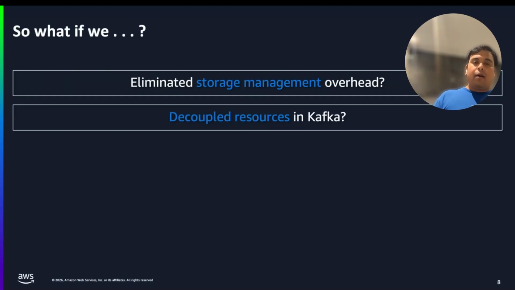Second, what if we could decouple the resources within Kafka? That means, what if we could separate the background operations from the foreground traffic? Even if there's some partition rebalancing going on, or, let's say, a broker went down and a disk failure happened, when Kafka comes back there's some catch-up replication happening. That means you're still able to catch up while doing that, and it doesn't degrade or impact the overall client traffic. That's super important.